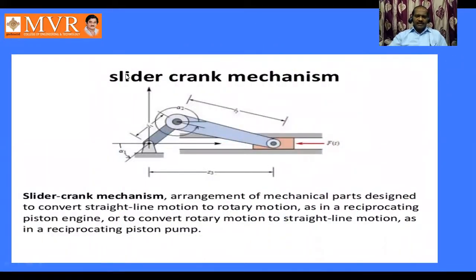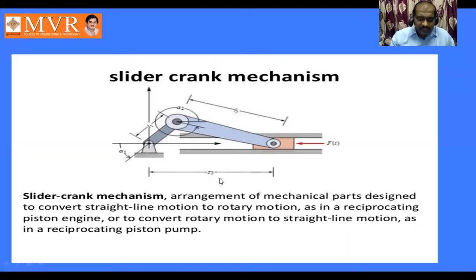So this is a slider crank mechanism. I think everyone knows this one. This is going to be called a crank. This is going to be the sliding member. These are going to be called the pins. This is going to be called a connecting rod. This is the crank pin. So these are the members. First member, second member. This is going to be the crank angle. They have represented this height as h.